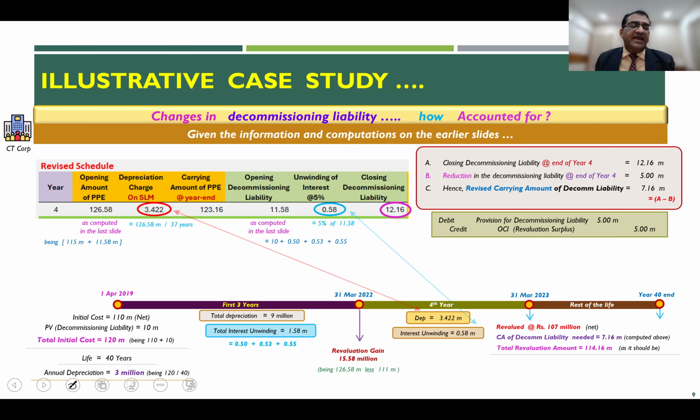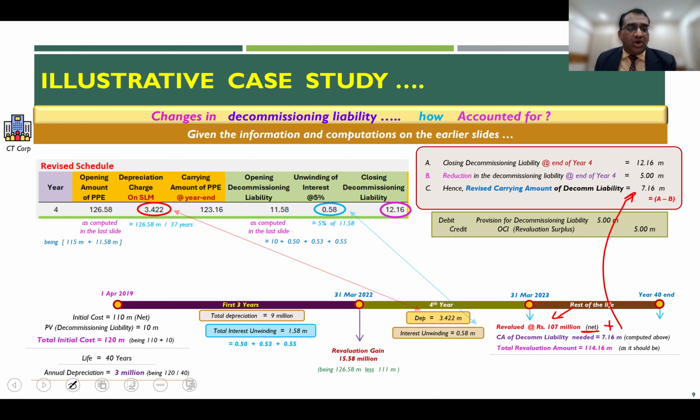Now, what happens at the end of year number 4? Your revalued amount is now 107, which you had as 115 in the previous year. It is 107, but again, this is a net amount. You need to add to this the